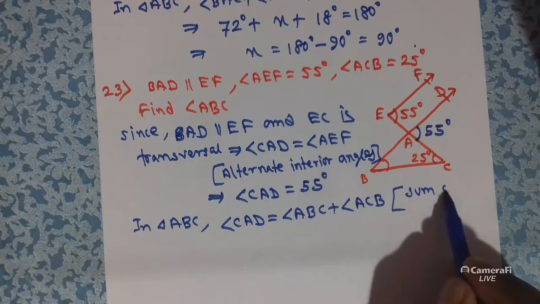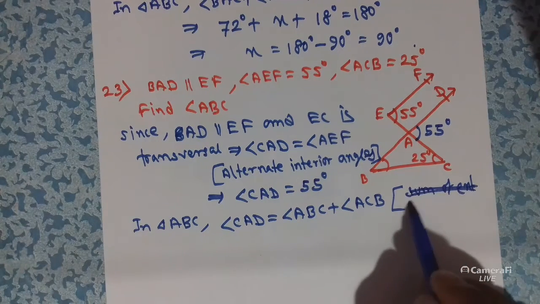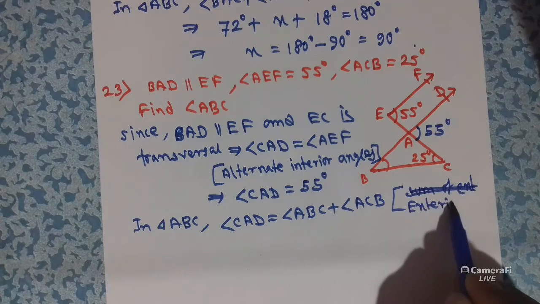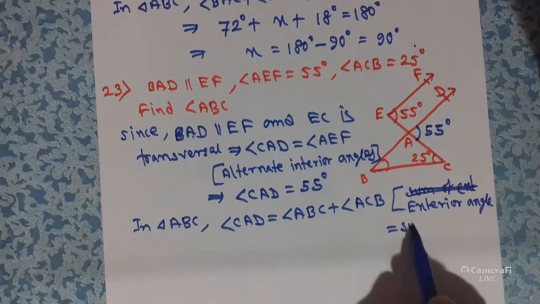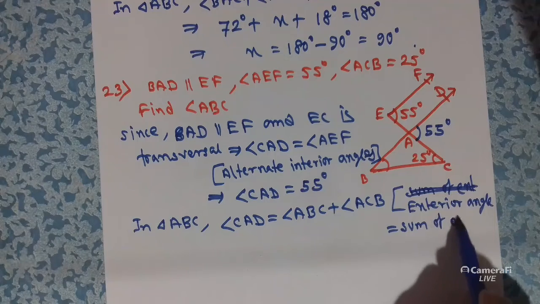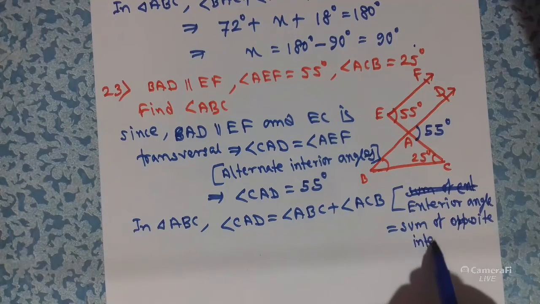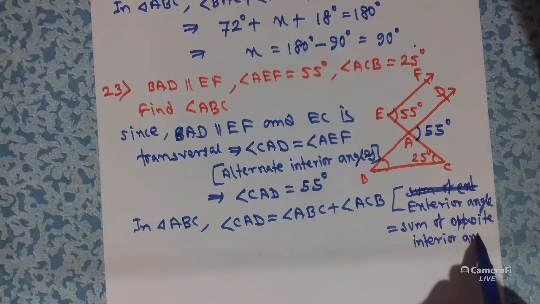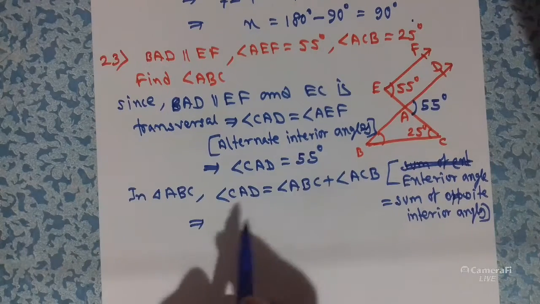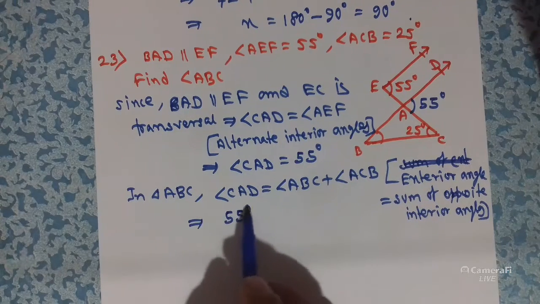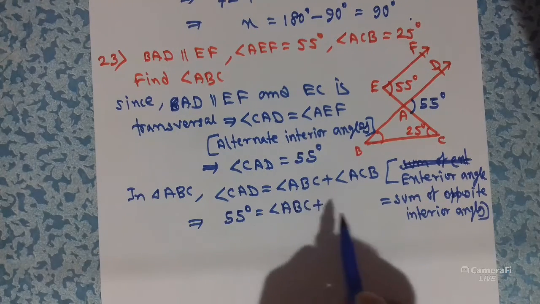Because exterior angle is equals to sum of opposite interior angles. So this implies the value of angle CAD is 55 degree, ABC that we have to find, and ACB